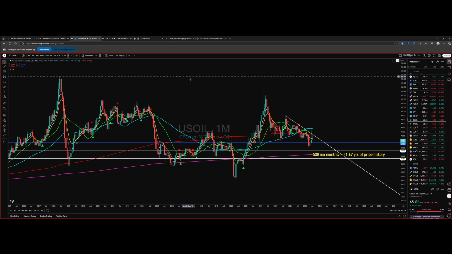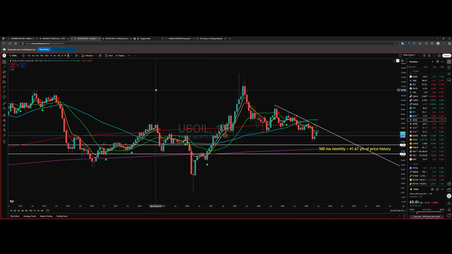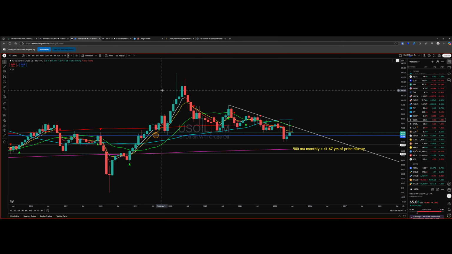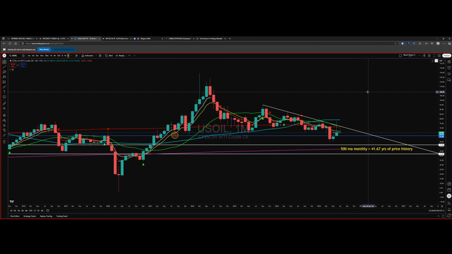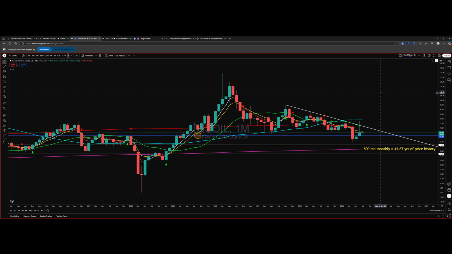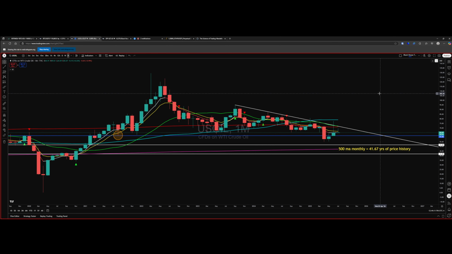This is the monthly chart. It's important to understand when we look at our charts that after a while, when we're using the same indicators all the time, like I use a suite of moving averages, and then the 5 EMA and the T line, which is the 8 EMA, you kind of forget that they represent a certain amount of time. As a trader, you get fixated on the levels and the trading in and out and so on and so forth.